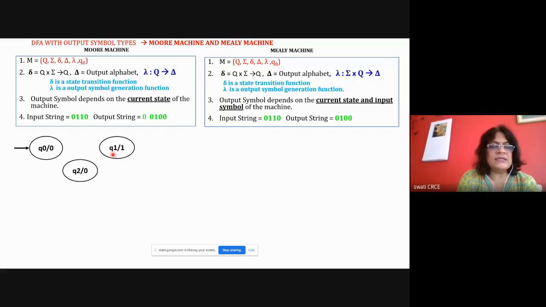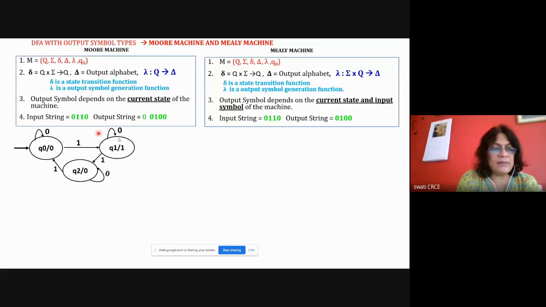And then this is just an example. It is not doing anything, it is just an example to see. I have just drawn a diagram where, if the machine is in state Q0 with 0, it stays in state Q0. With 1, it goes to Q1. In Q1 with 0, it remains in the same state. With 1, it goes to Q2. In Q2 with 0, it stays in the same state, and with 1, it goes to Q0. So I have just drawn a random diagram.